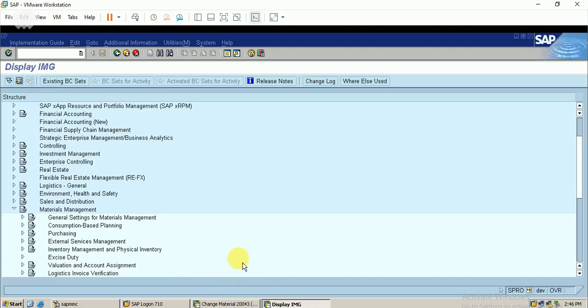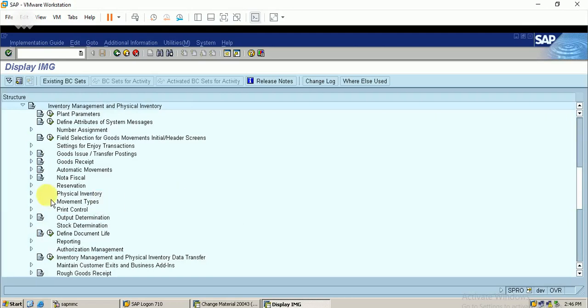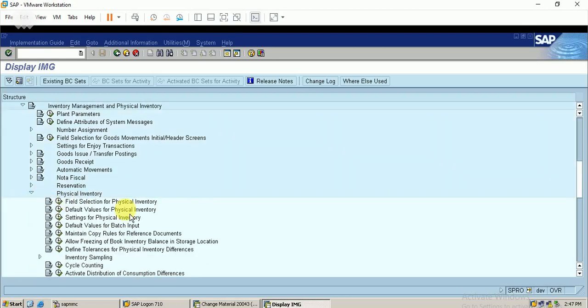That type of material can be included in the cycle counting process. I enter into inventory management and the physical inventory tab, and there you can see that the cycle counting option, I can execute it.